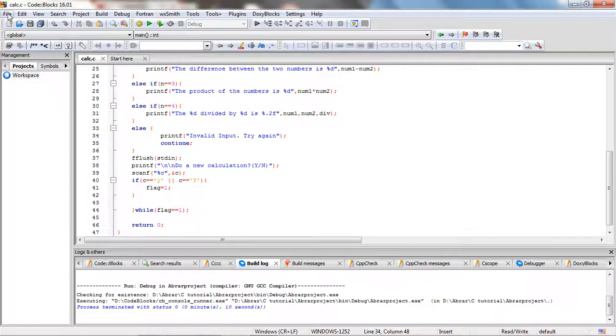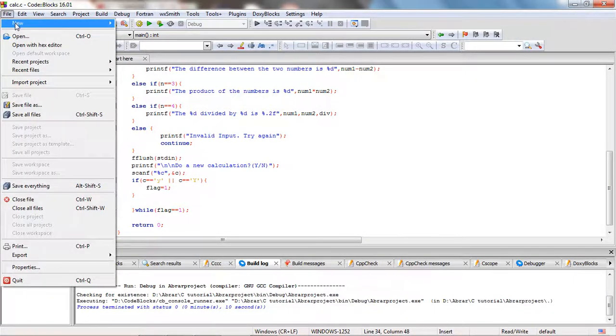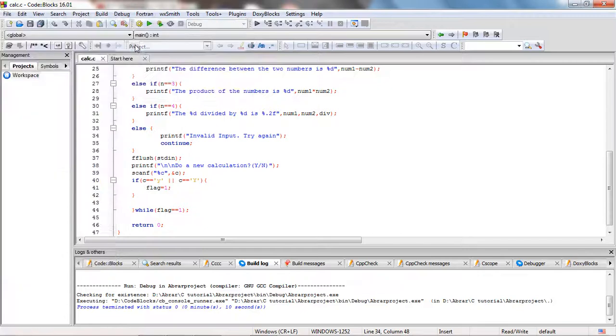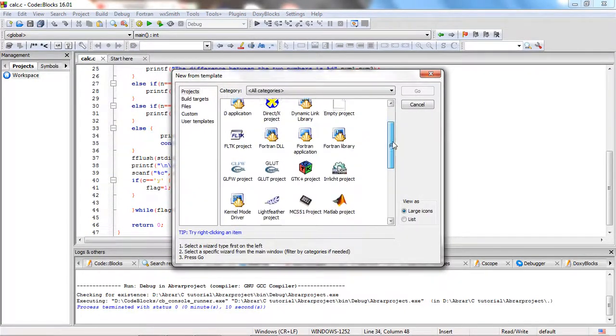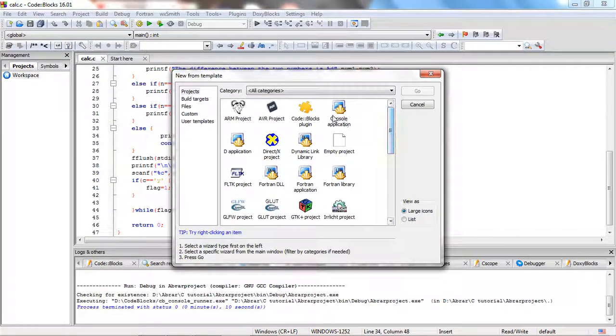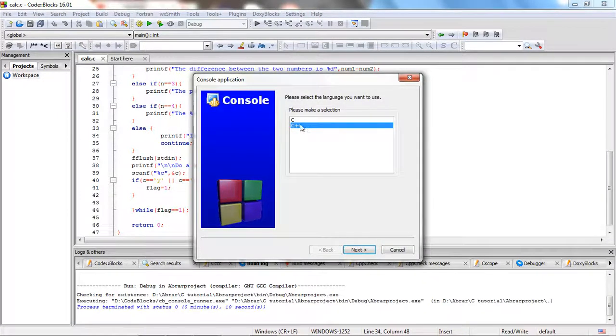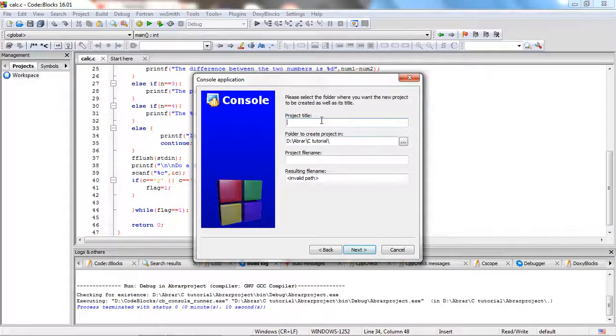Now what we are going to do is open a new project. So go to file, go to new, and select project, and you're going to get a bunch of options. Select console application from there, press go, and it will give you 2 options. C++ is just another programming language. For now we will go for C. Press next, and you have to give a project title. I will give mine Abrar project,